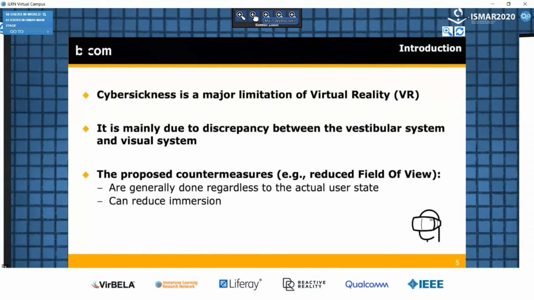Virtual reality sickness remains a major limitation of virtual reality. It can be defined as the feeling of discomfort, similar to motion sickness, that could occur when experiencing virtual reality content. It is mainly due to a discrepancy between the vestibular system and